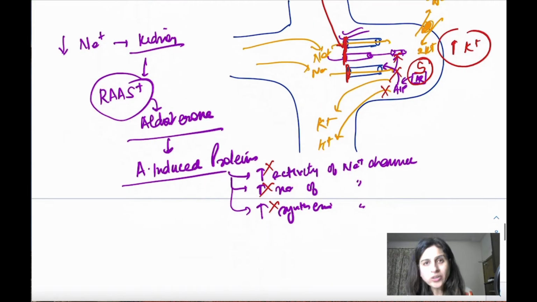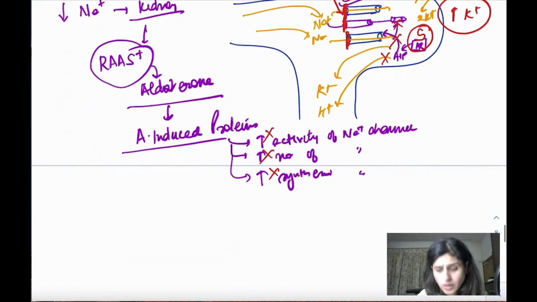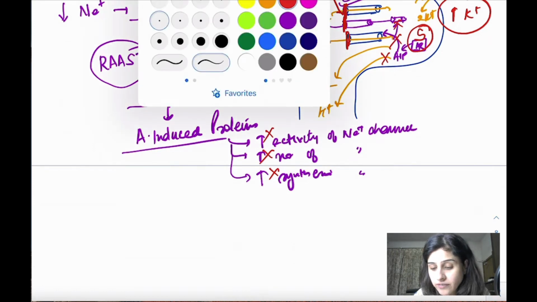Now as a diuretic, they're not very efficacious. You don't use them कि किसी को diuresis अगर हमने देना है तो आप ये दोगे. No, they are not very efficacious. They're moderately efficacious. So what you do there is that you use them with the other diuretics like loop diuretics or thiazide diuretics. Why? Because those diuretics tend to lose potassium. ठीक है, जब आप वो diuretics दोगे, there is hypokalemia with them, and if you want to prevent that hypokalemia, you mix them with a potassium sparing diuretic. So when you give them together, the patient will not have hypokalemia. So you give it along with the other diuretic.